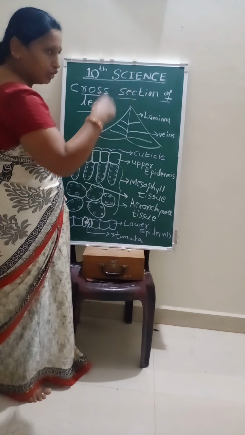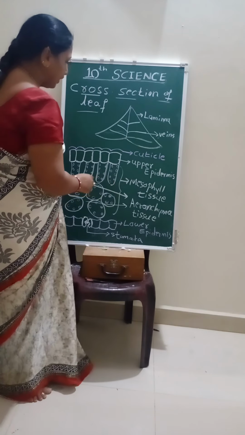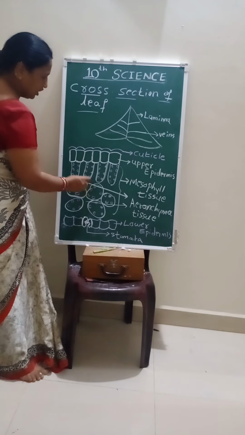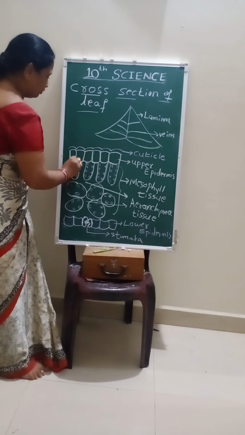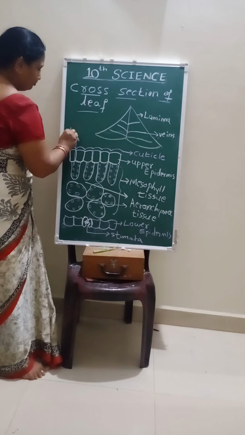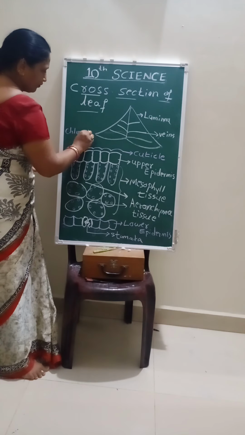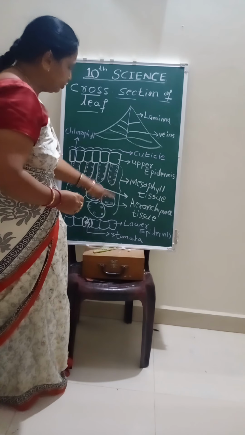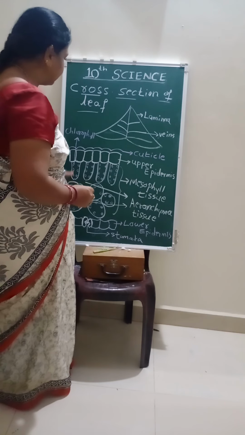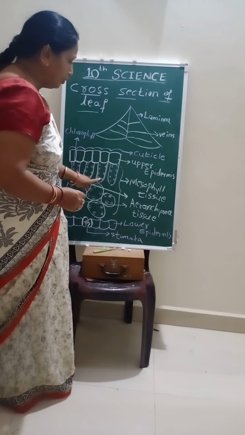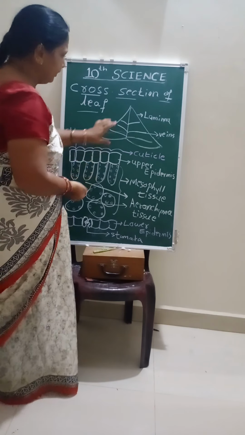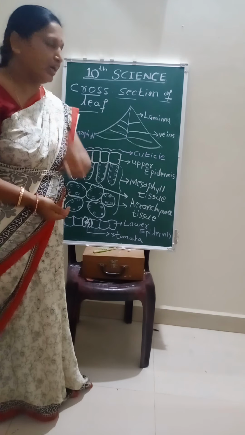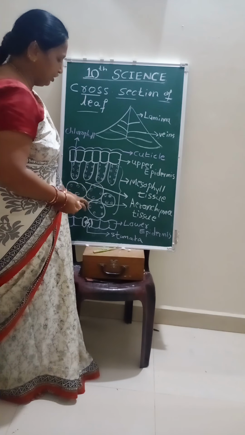We are going to draw the stomata once again, and we are going to study this. And we have a chlorophyll. So what I have mentioned here, this dot structure, these are the chlorophyll. So chlorophyll is there in every part or every tissue here, resided inside, which is helping to conduct the photosynthesis. So please observe this diagram and please draw this, and this is for 2 marks. When they are asking the cross section of leaf, you should draw this.